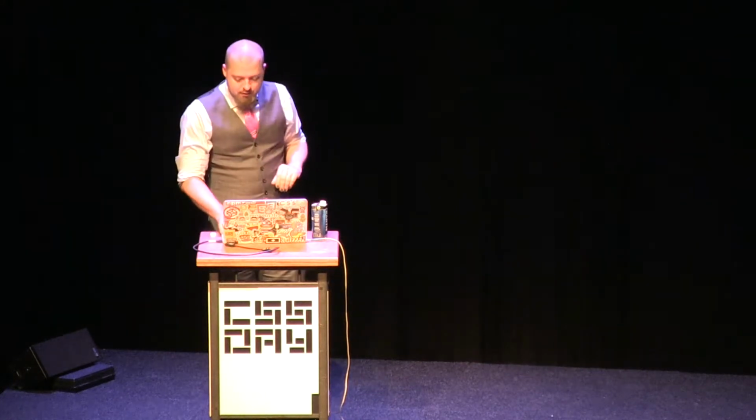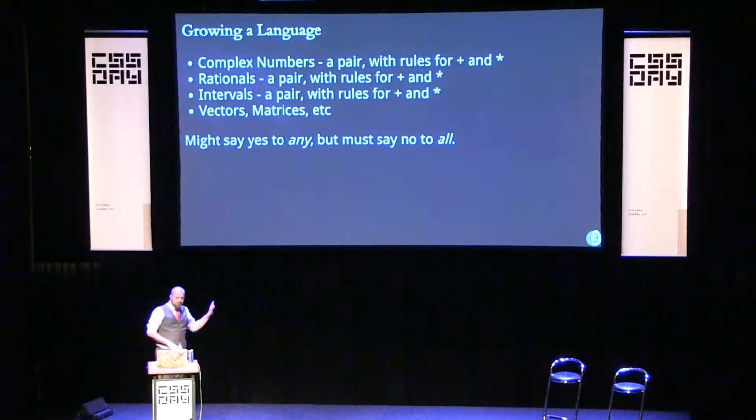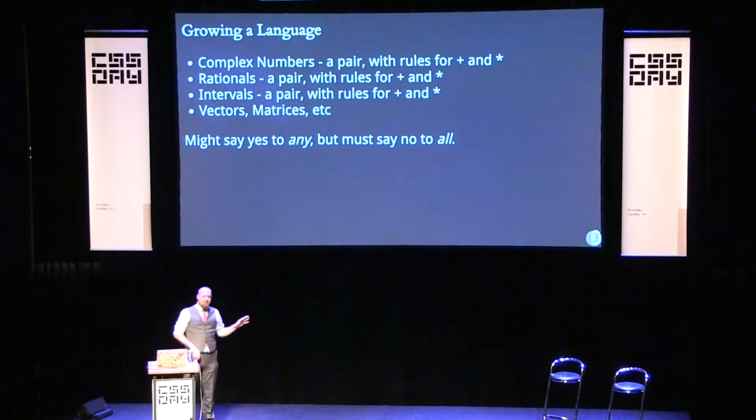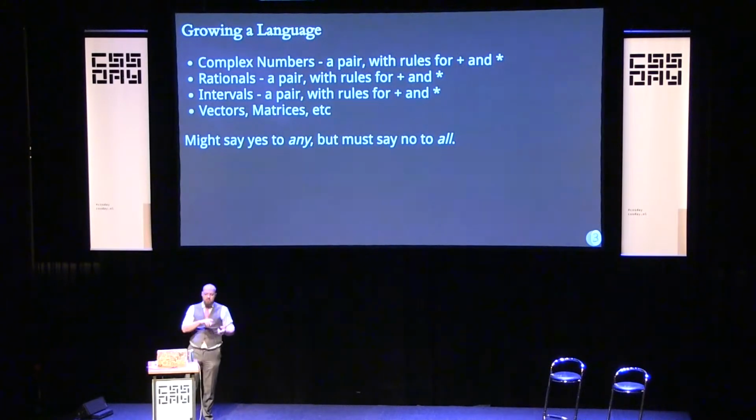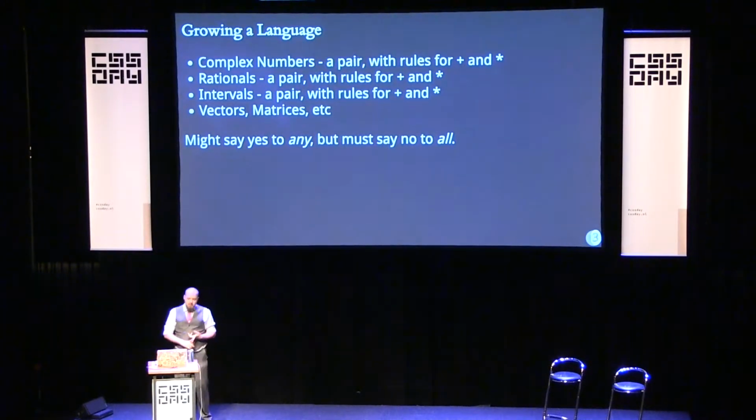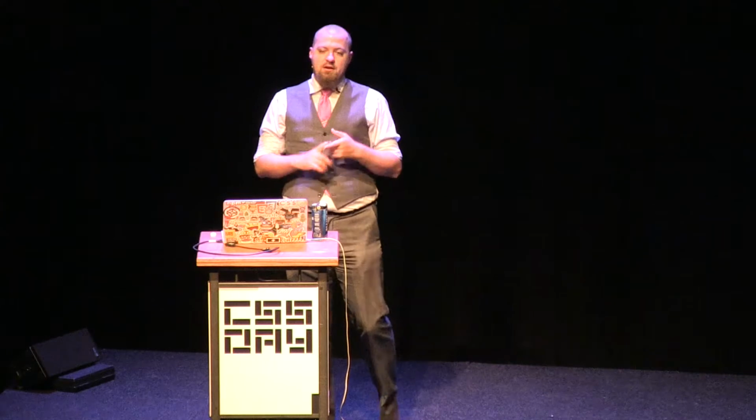It's ubiquitous. One of the examples he gave was numbers. Every language has ordinary numbers, addition, subtraction, multiplication on them. But there's a lot of different other types of numbers that different fields can use. You might want complex numbers with their own special rules. You might want rational numbers. You might want intervals, some number between A and B. You might want vectors or matrices. All of these are useful. All of these could be put into a language and could help out a significant chunk of the programming community significantly. And we could say yes to adding any of these to the language.